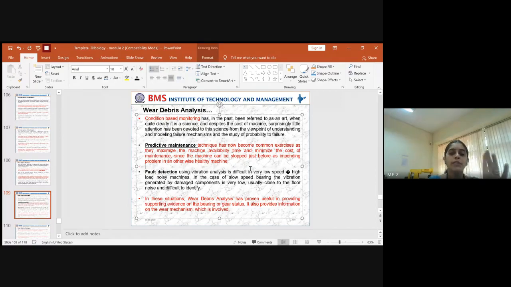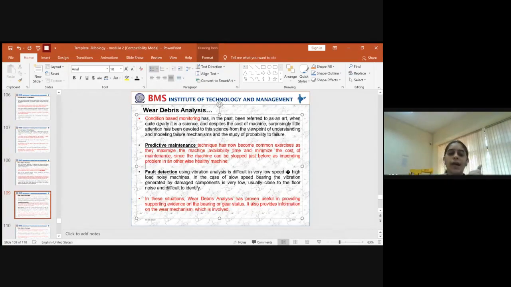Once you say predictive maintenance, everything is indirectly related, right from the selection of the material, and also the type of design you are using for that mechanical component. The design, the size, the dimension, the material, everything plays a vital role. If all of these are selected properly and a solid design is done, then that machine will be reliable for a larger period of time with a reduced amount of maintenance, and hence the cost will be really less, and we can claim it as a healthy machine where the wear will not come into the picture very often.